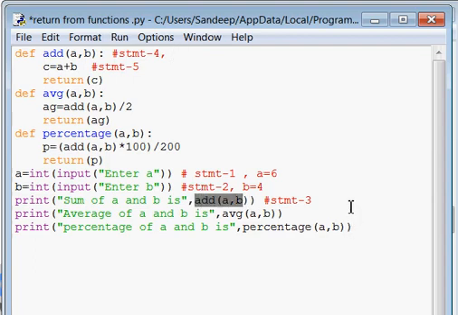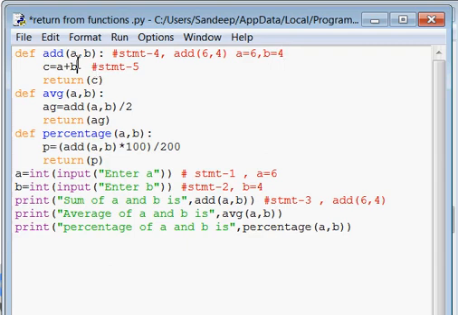You have called the function add with values 6, 4, because a's value is 6 and b's value is 4. So when you come into statement 4, the add function will be called with 6, 4, means a is 6 and b is 4.